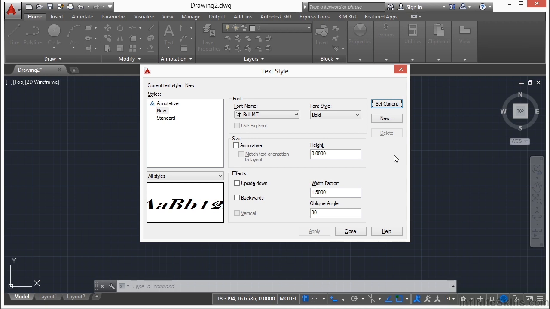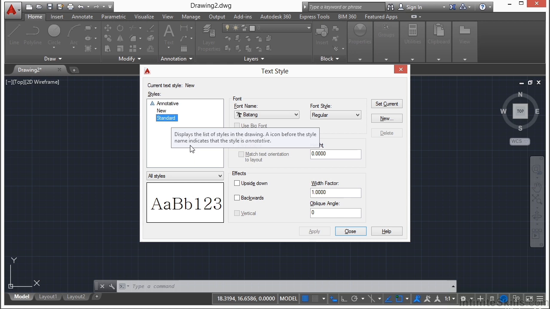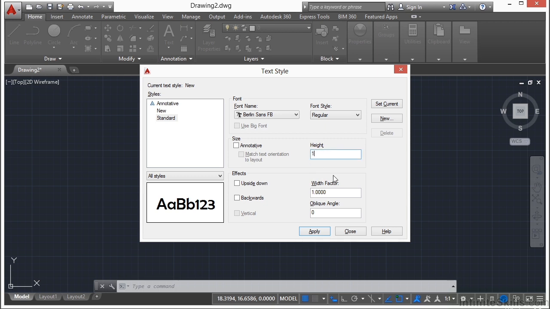Now, if you copy and then paste the text in from one file to another or insert text into a drawing, and that text object style is not in the drawing, then the style will come with it. So that's one way to import your text styles into another file. However, if it is found, let's say we have a style called standard, which most CAD files do. So if I change this standard to anything else, doesn't matter what it might be, if I change that and then I